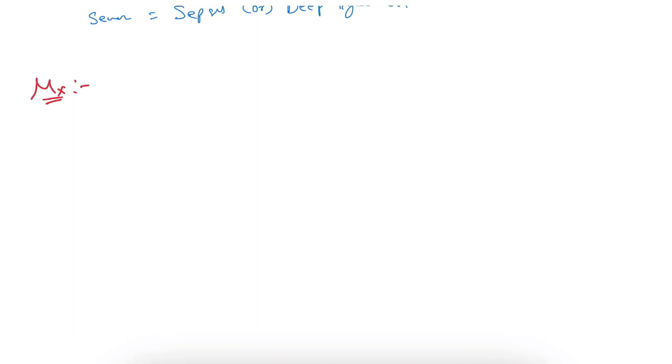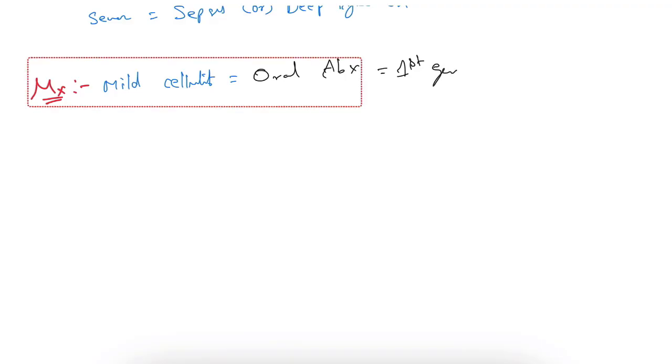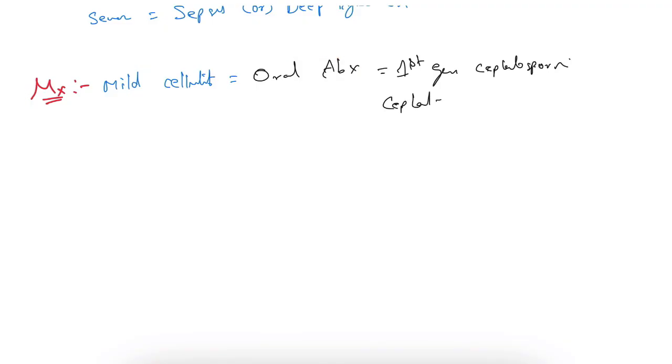So if the patient has mild cellulitis, we can go with oral antibiotics. If the patient has non-purulent mild cellulitis, we can go with a first generation cephalosporin like cephalexin